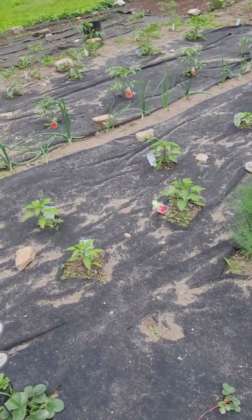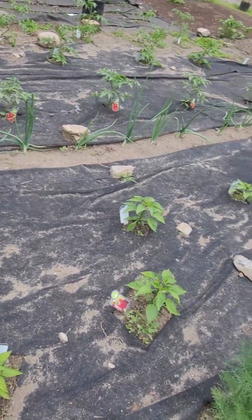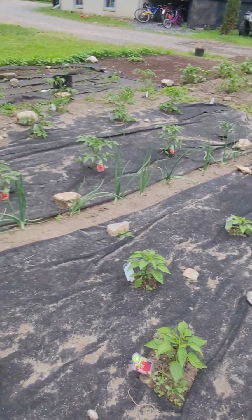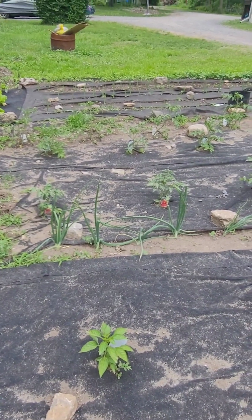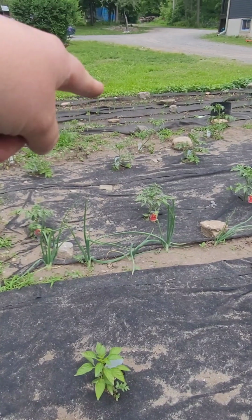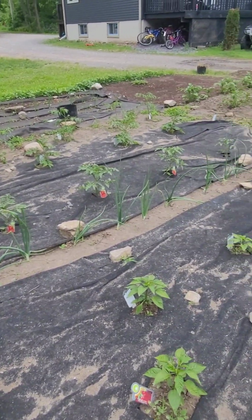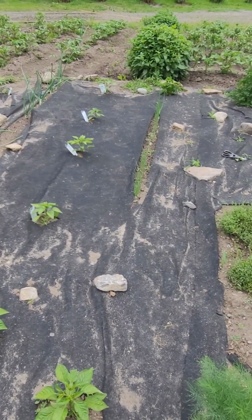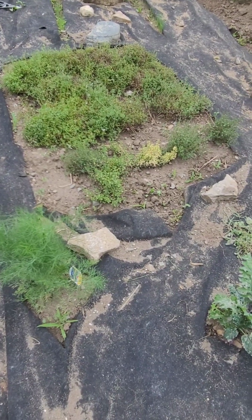And over here we have our sweet pepper patch along here, along with another row of onions. These onions you can see are much more mature than on the far side over there. These ones I put in the ground a lot earlier. So these are all sweet peppers. Then we have a row of green onions and dill